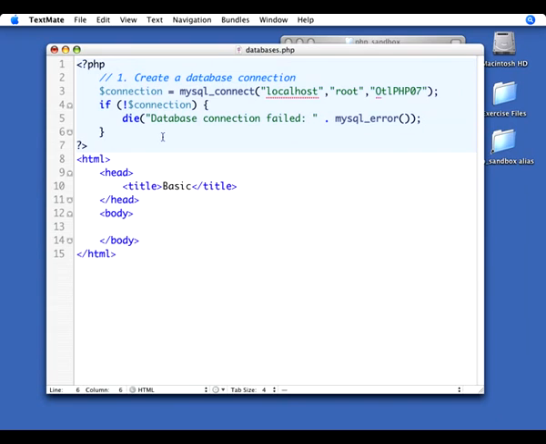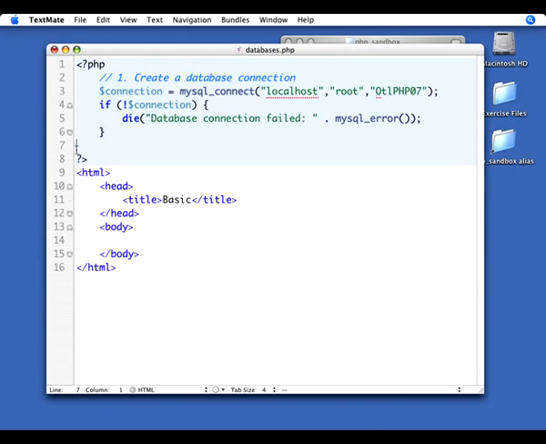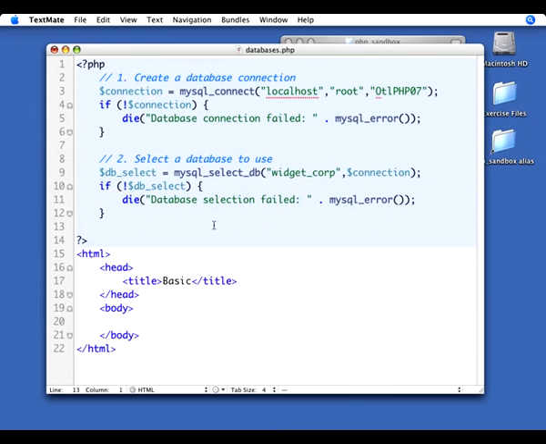to select the database. We've made the connection. Now we need to select it. So I'm going to go ahead and put in my database selection. Now I've gone ahead and put in both halves of the code because we're going to want to do the same thing. We're going to want to do the